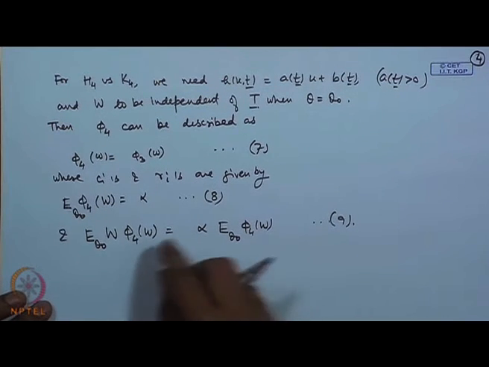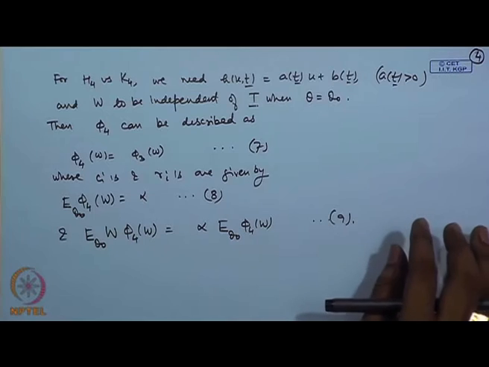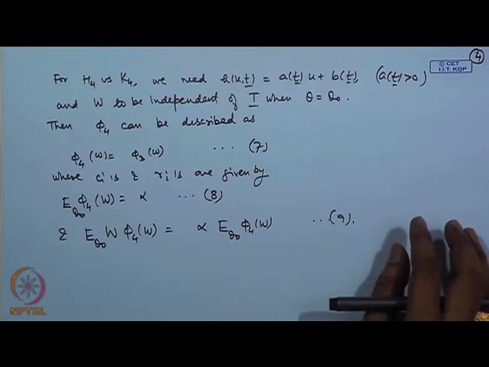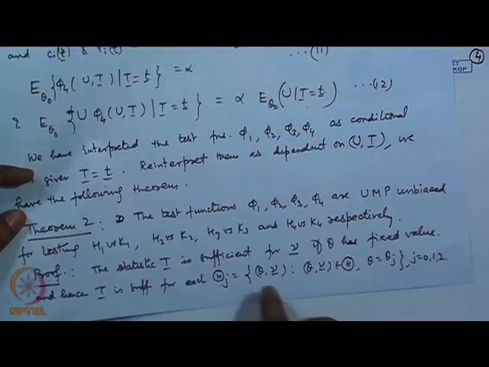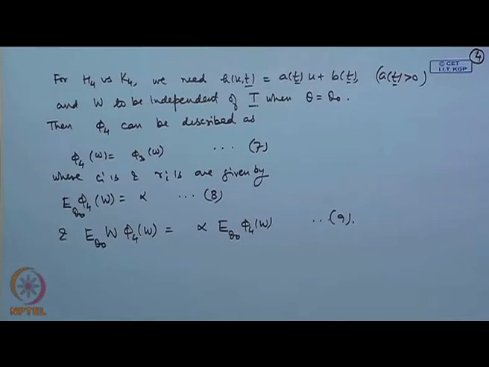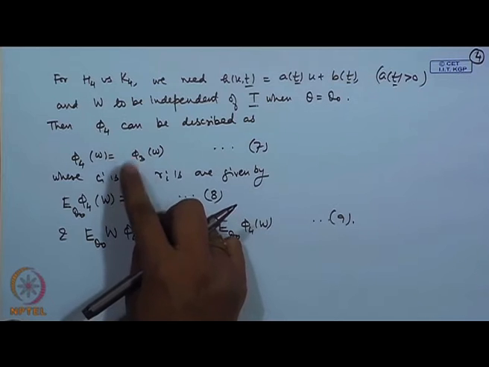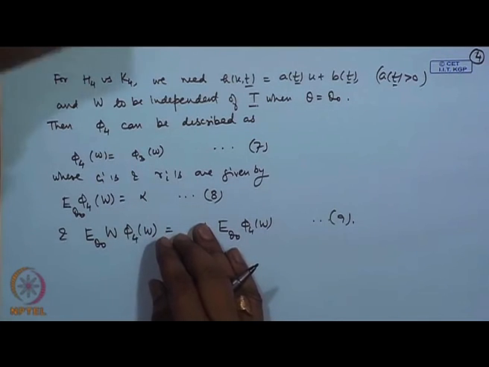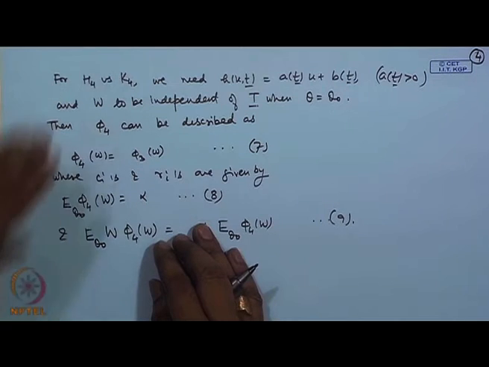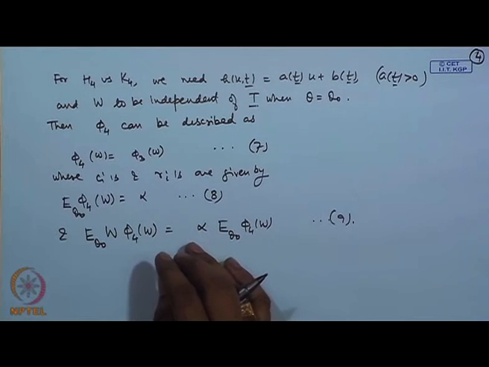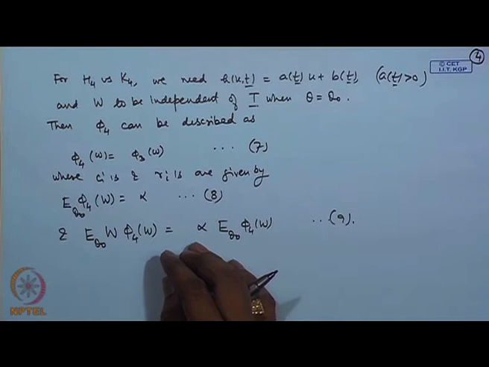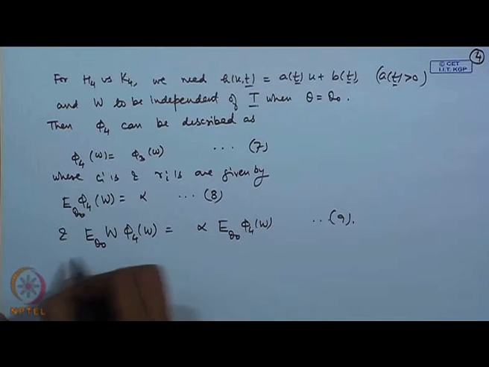So, note here, unlike theorem 2 which I gave yesterday, where all the constants depended upon t, that is, they were calculated from the conditional distribution of u given t, here you see that none of them is dependent upon t. The expressions that I have written have become free from t. So, this is the advantage of this technique, and in order to apply this technique, we need to suitably define this function h for various hypothesis testing problems. So, I summarize all these results in the following theorem.